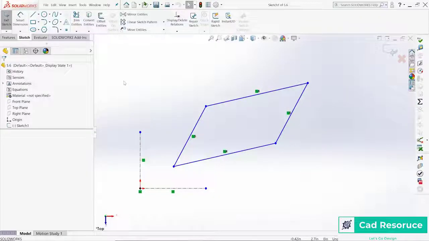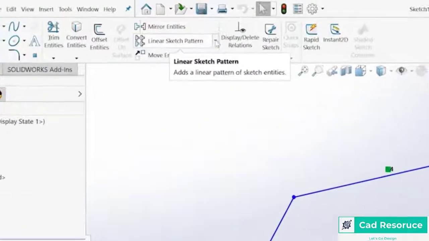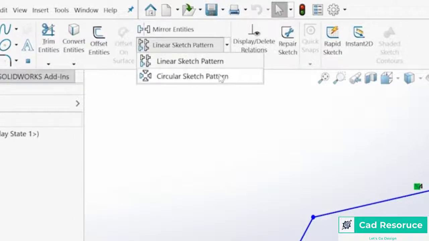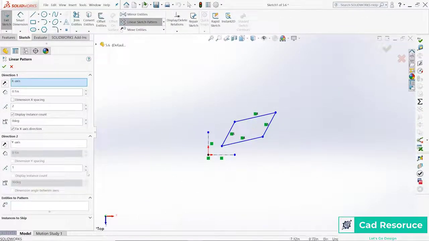Welcome to CAD Resource: Pattern in SolidWorks Sketches. The first one is a linear sketch pattern, which is available under the sketch toolbar. If you click on the little drop-down there, you can see we also have a circular sketch pattern. So let's start with the first one, linear sketch pattern, and the entities I'd